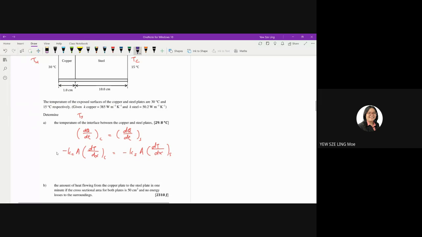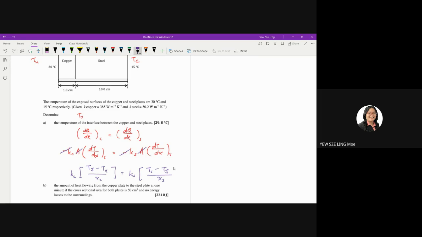Cancel out the negative sign and then cancel out the A. So we are left with K_C. Expand the equations: (T_join minus T_hot) over X_C equals K_S times (T_cold minus T_join) divided by